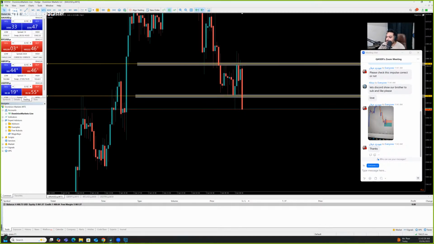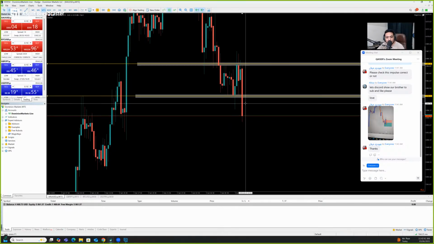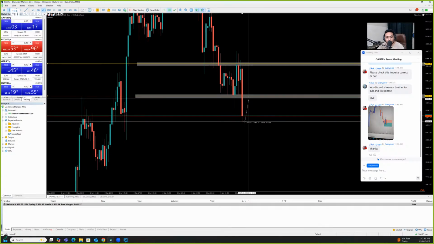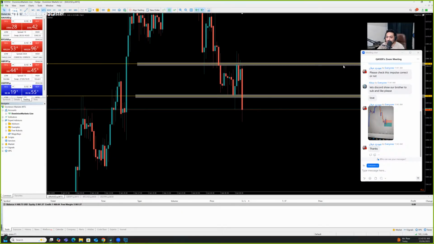Okay, so things are going well. Let's see. Look at this one. I think it never let us execute on this structure. This is what we were waiting for, but we needed a candle to close in our favor. Now it has moved far away from the support area. It moved like 40 pips, so we need to accept one thing here. It has already moved. What I wanted to see here, you know, is some kind of structure to be formed here for the execution, and the structure should be something like this.